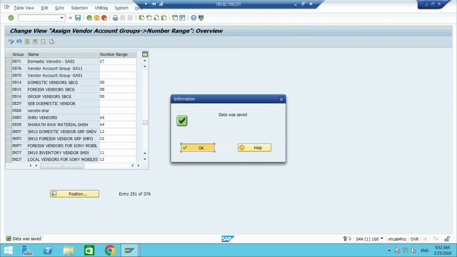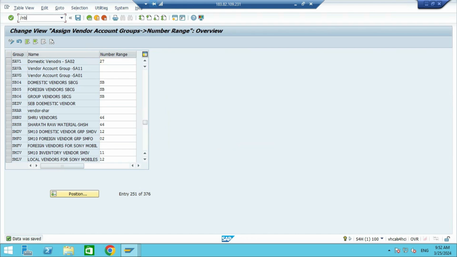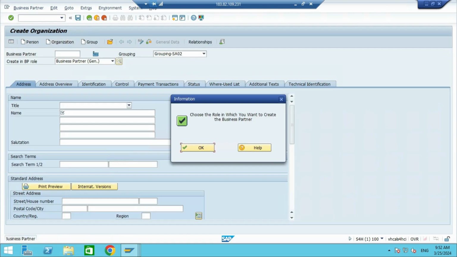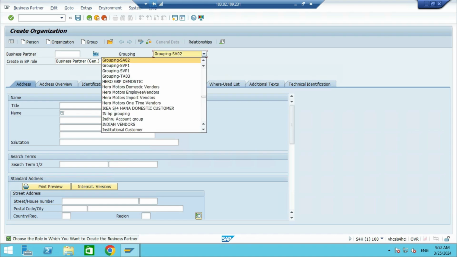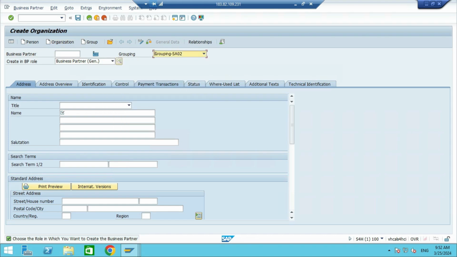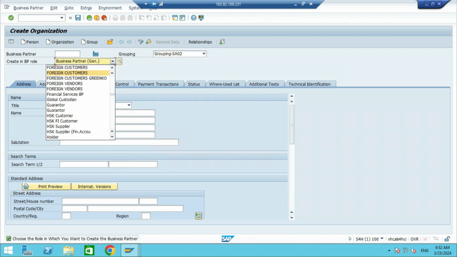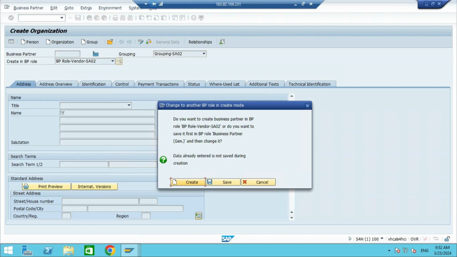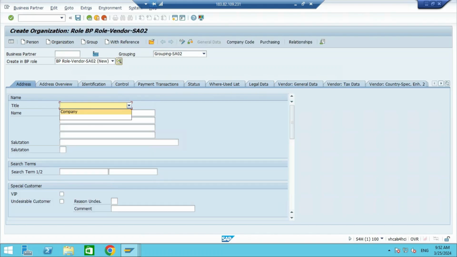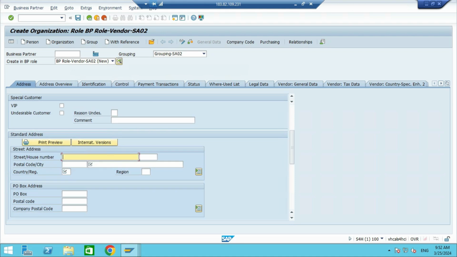Now the data was saved. We can go to /nbp vendor master creation, enter, select organization. Here we need to select our grouping, number range grouping SA02. Then we need to select create in BP role. We need to select our business partner role, BP role vendor SA02, then select create title company, then enter the name vendor for SA02, scroll down, enter the